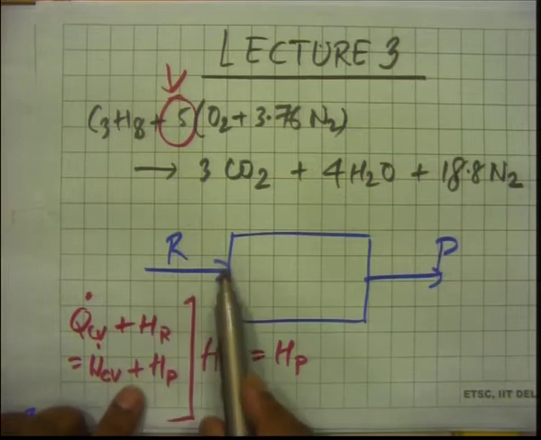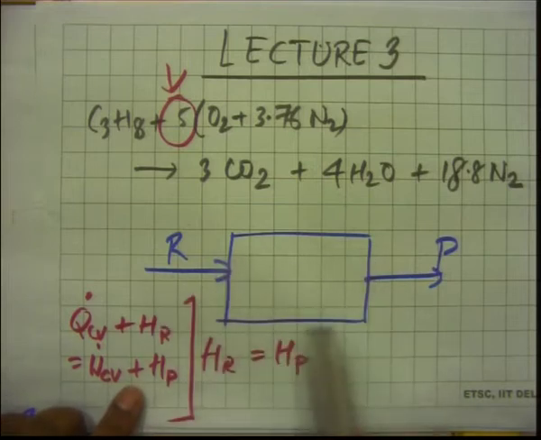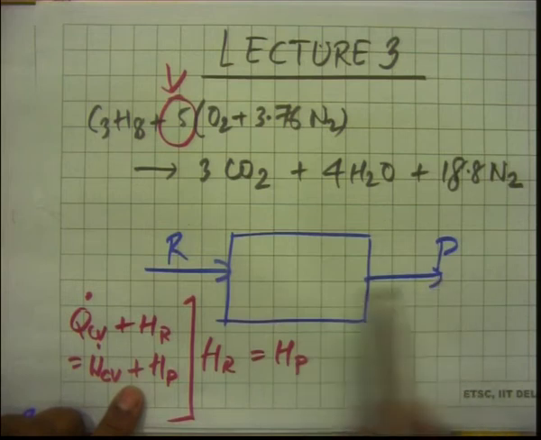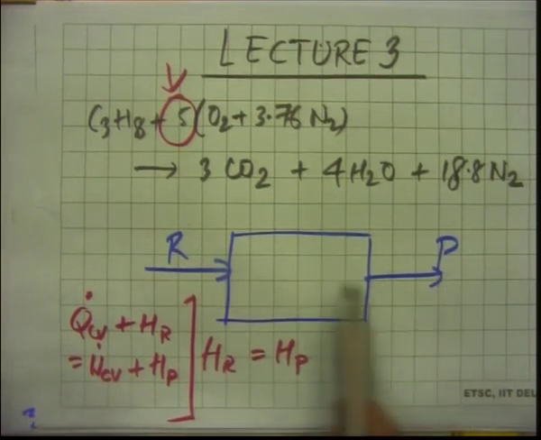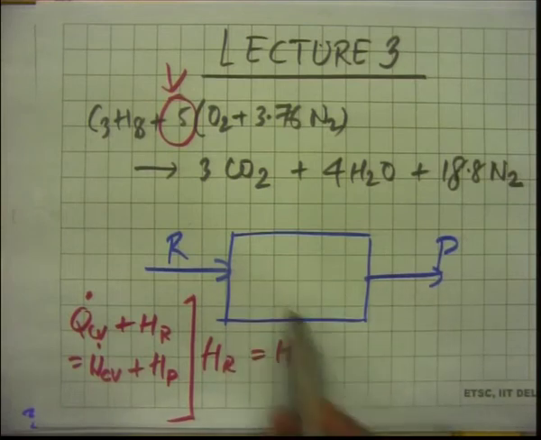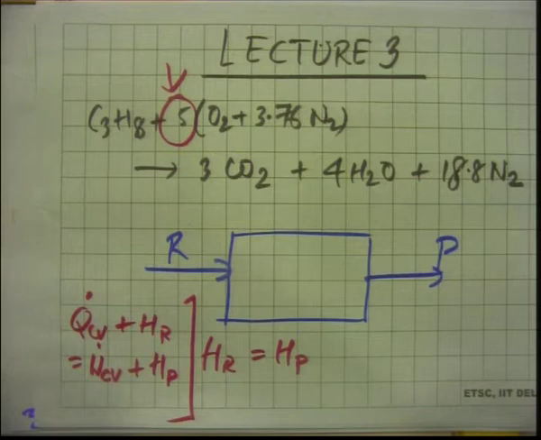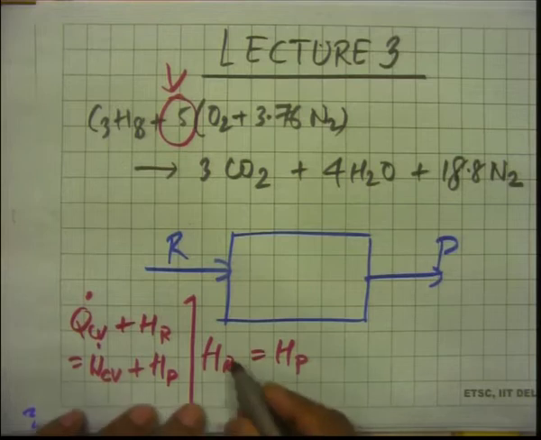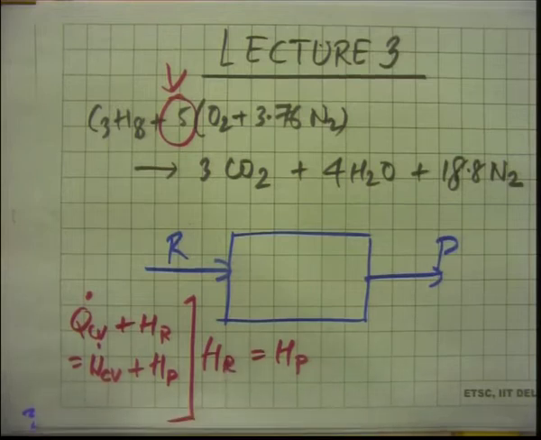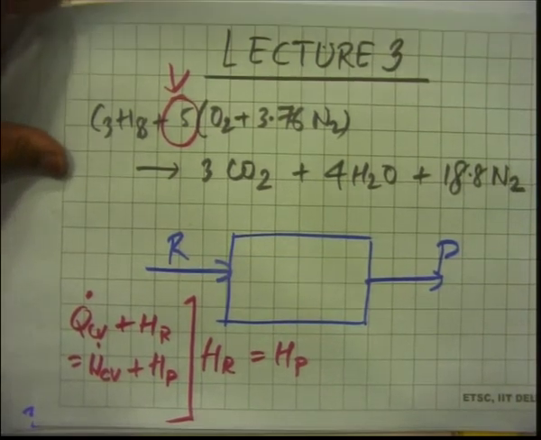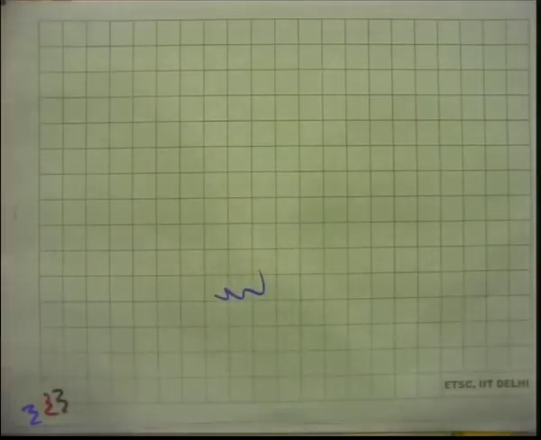There may be a slight bit of approximation involved, but pressure can be comfortably taken to be constant. There is some pressure in the reactant stream and in the combustion chamber, and since it's a steady stream just going out, pressure is pretty much constant. The pressure drop inside we are neglecting, it's a very small amount. So if HR equal to HP, then we are saying that enthalpy of reactants is equal to enthalpy of products in a steady state, steady flow reactor where the pressure is taken to be constant. So let us think about other situations, because this may not be universal. This is a common situation, but let us think of